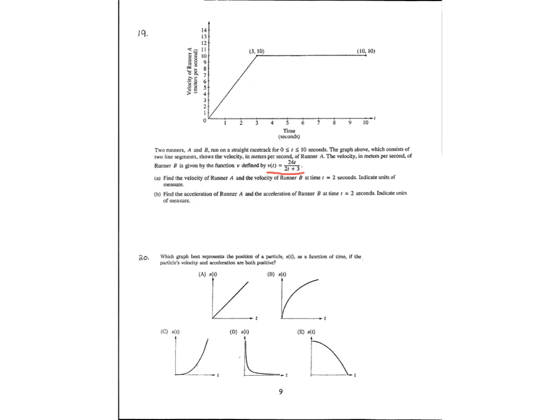And then in part A, we're asked to find the velocity of runner A and the velocity of runner B at time t equals 2 seconds. So let's find the velocity of runner A at t equals 2 seconds. Luckily for us, the velocity of runner A is given by this graph over there. This is a velocity graph, so we can just look at t equals 2 seconds